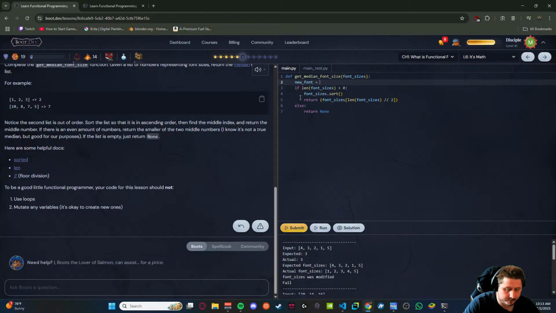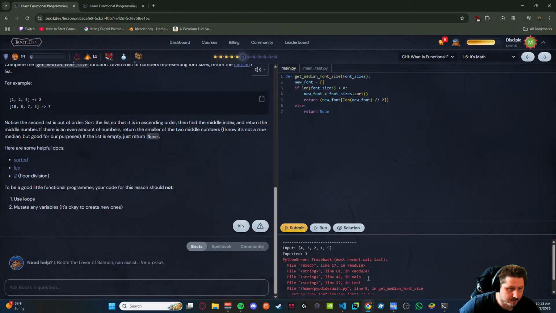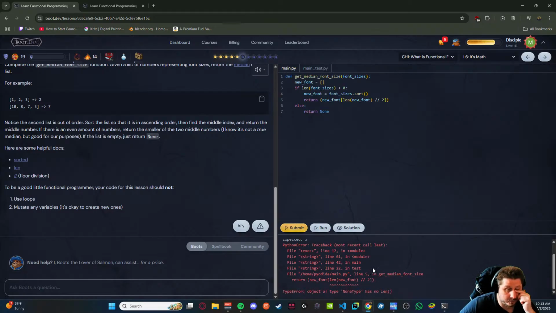New font equals this, then new font equals font sizes. Why does this not work though? What do you mean NoneType has no len? It's right here though.